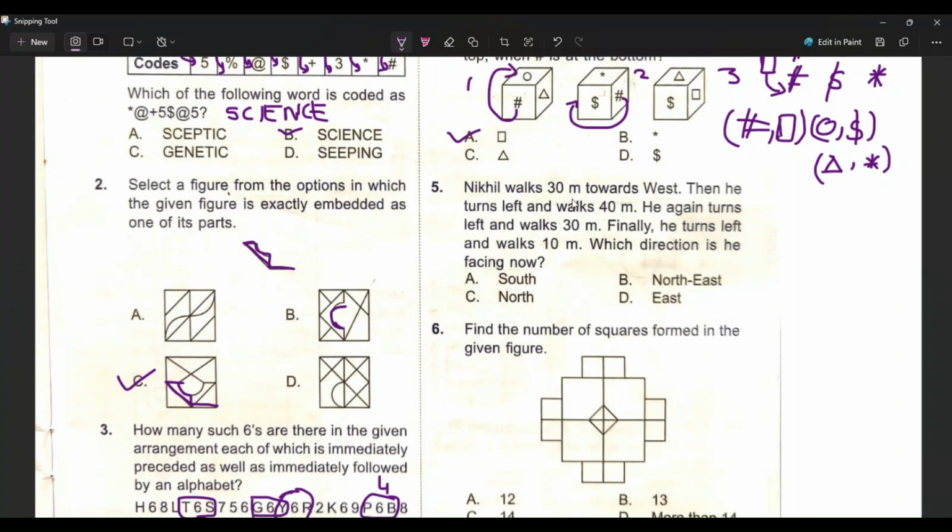Fifth one, Nikhil walks 30 meters towards west, then he turns left and walks 40 meters. He again turns left and walks 30 meters. Finally, he turns left and walks 10 meters. Which direction is he facing now? First, let me write the directions first. East, west, north, south. Okay. So Nikhil walks towards west 30 meters